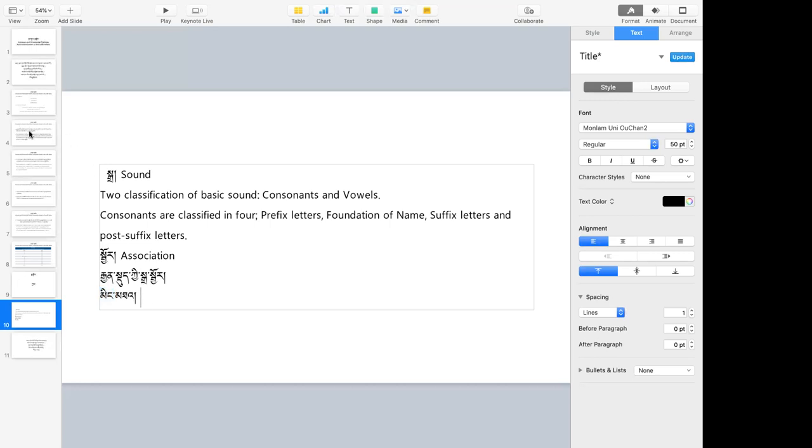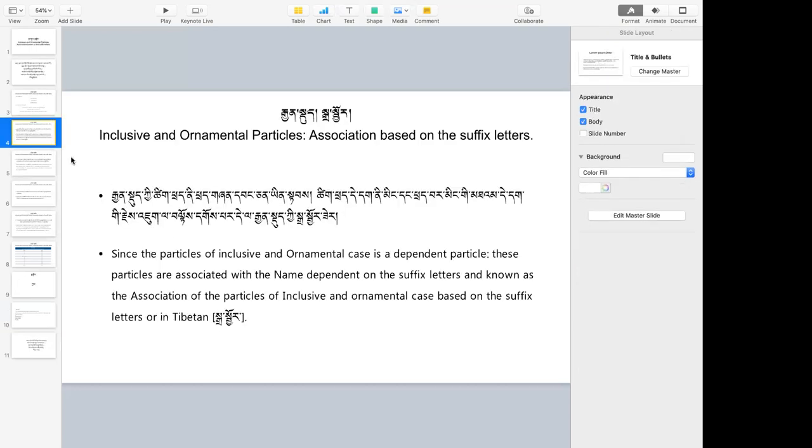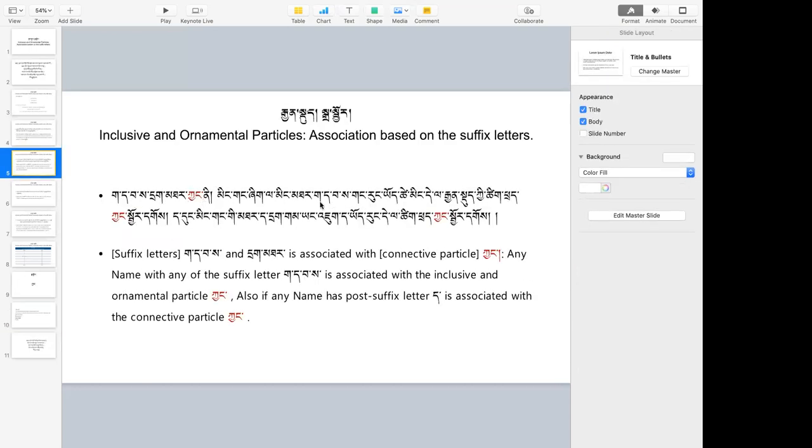Okay, so therefore here we have Mingtar, which means at the end of a name. If Ming Kangxi, any name with this, so here we understand this as suffix letter. Kata pasa kangru yuce Ming tela gindungi tsikche kyang jorgu. Okay, so here it states that suffix letter kata pasa and taktar is associated with connective particle kyang,